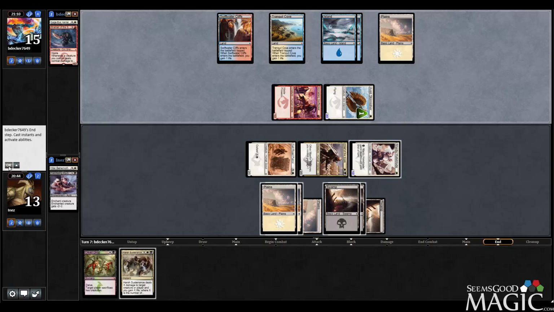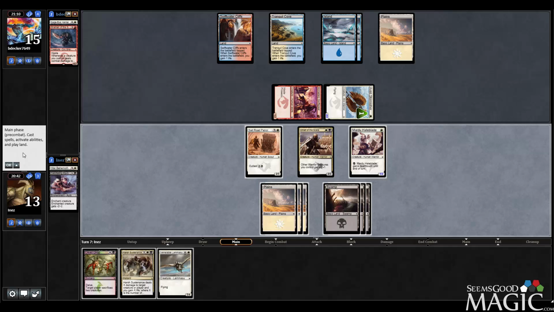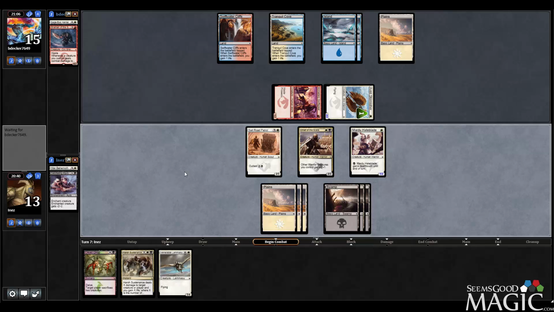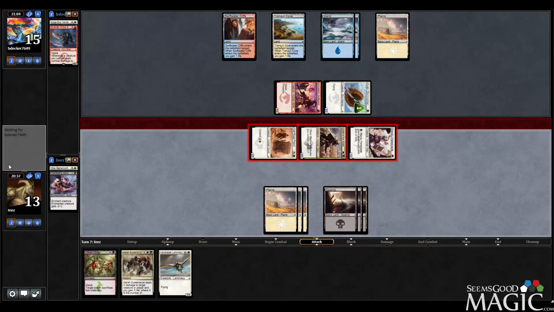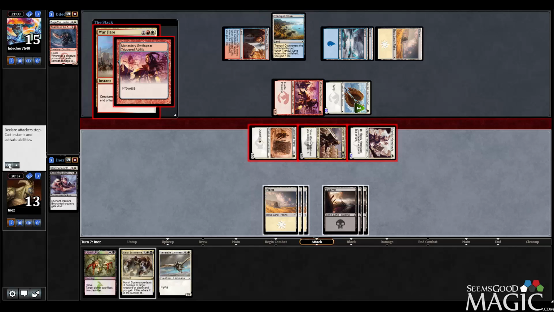Could be Will the Naga we have to worry about. Oh. It's kind of an awkward draw. Let's see if we got the Will the Naga here. Could be a kill shot or something. Warflare. This is interesting. Well, I'm going to Harsh Sustenance something, so...